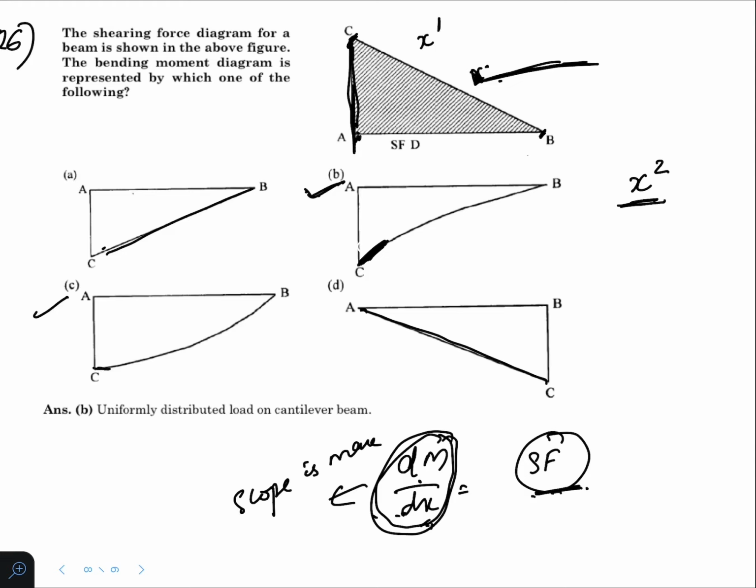See, in the C answer, this is almost like zero slope, so shear force will be almost zero at this AC section. So this we will have to neglect. So this will be our correct answer, because the slope dM by dx is maximum here, and it is minimum or almost parallel. The slope is almost parallel or zero value here at B. So B will be our correct answer.